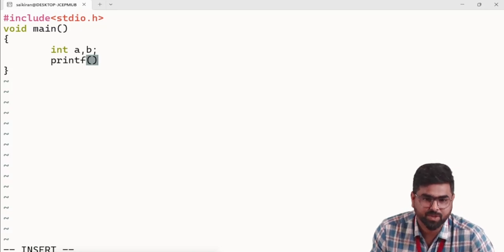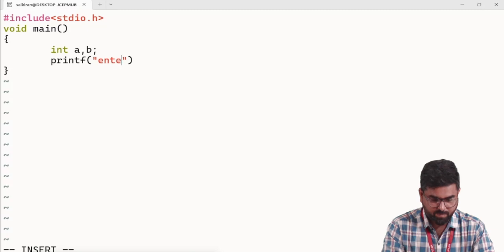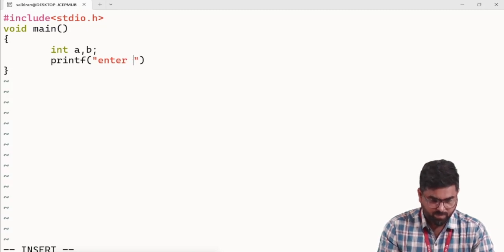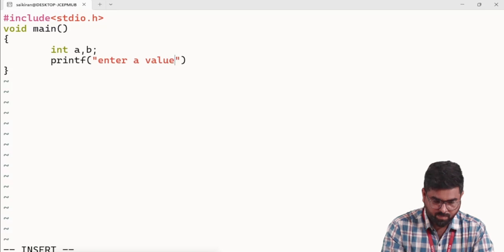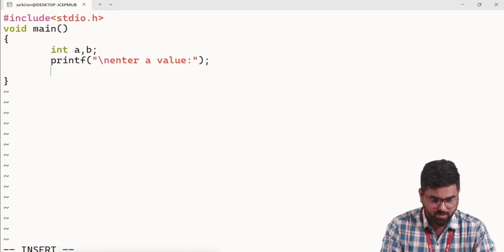Everything I am going to use here. Asking enter a value, and I am reading that value into the variable a,